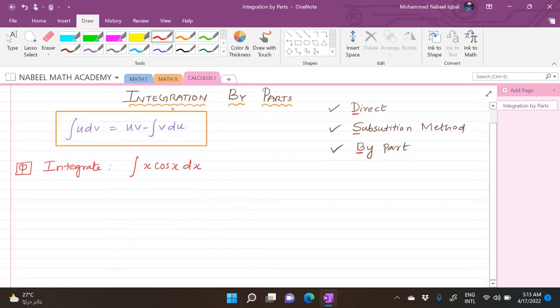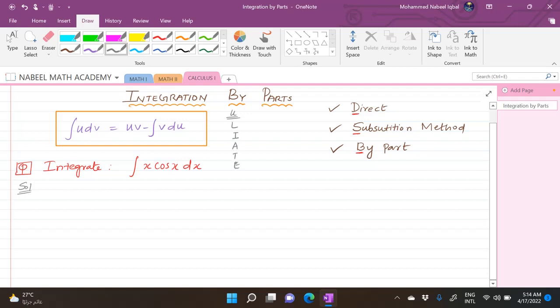Here I can solve this problem by using two methods. Now I solve the first method by using integration by parts. And there are some rules regarding taking the u value. The u value you have to choose in such a way that it follows this order: